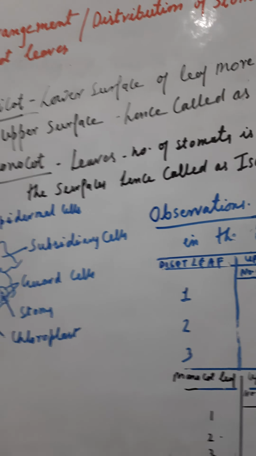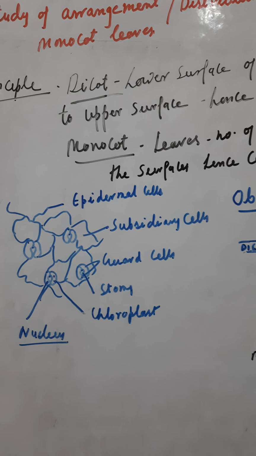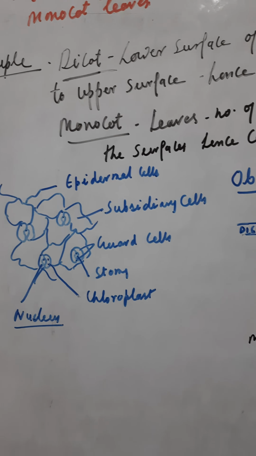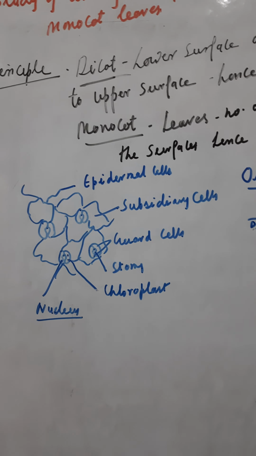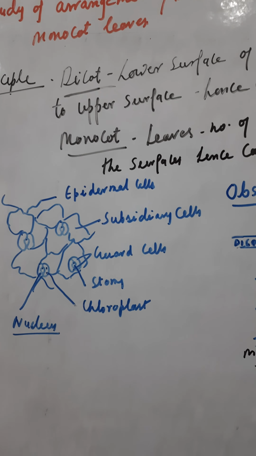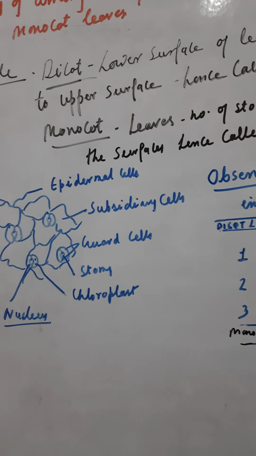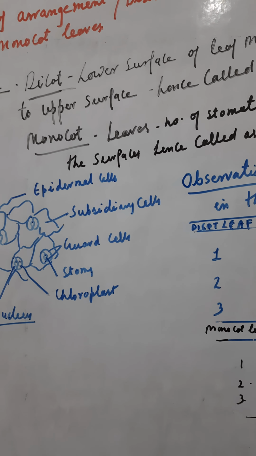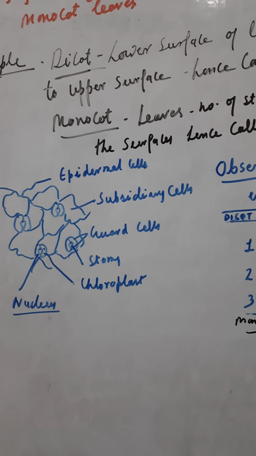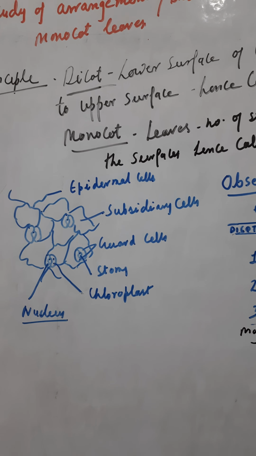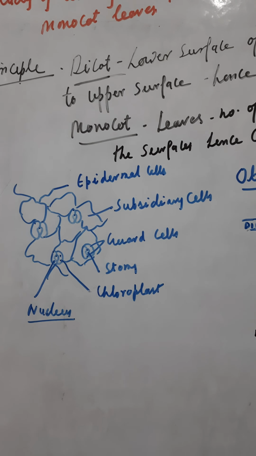So you will be provided with two types of leaves. One is a dicot leaf. Dicot, you know, has two cotyledons, and you may be given a mango leaf as the dicot leaf. And the monocot leaf, which has parallel venation, you may be given as a maize leaf or lily leaf or Rhoeo discolor. Any monocot leaf you will be given, and you will be allowed to cut a section of the leaf and observe it under the microscope.